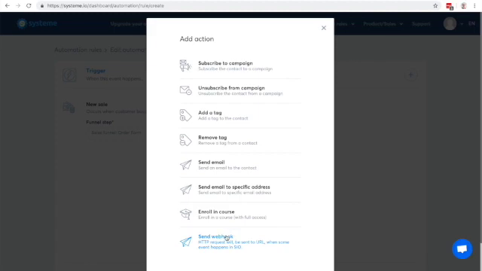That's the ability to send an HTTP request to another application. Basically, it's going to allow you to communicate with another application. A very famous application is Zapier. So you can send a webhook to Zapier,